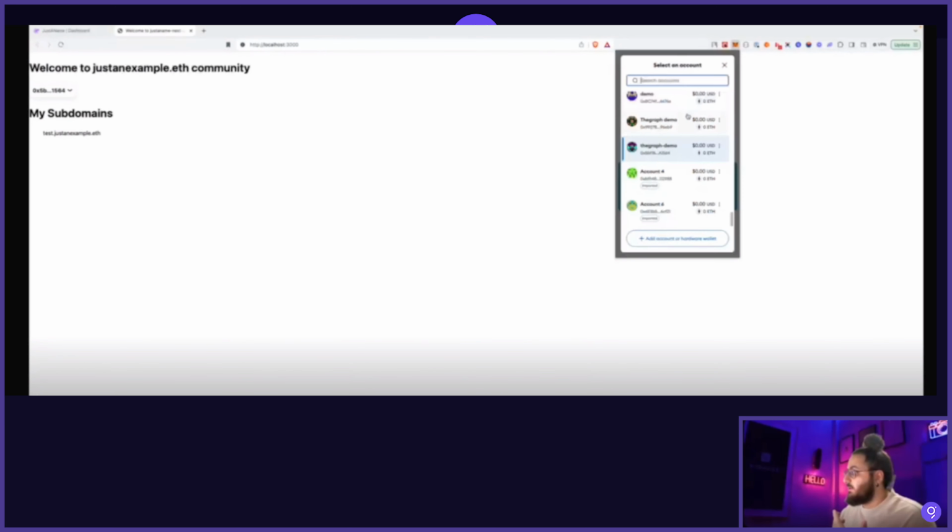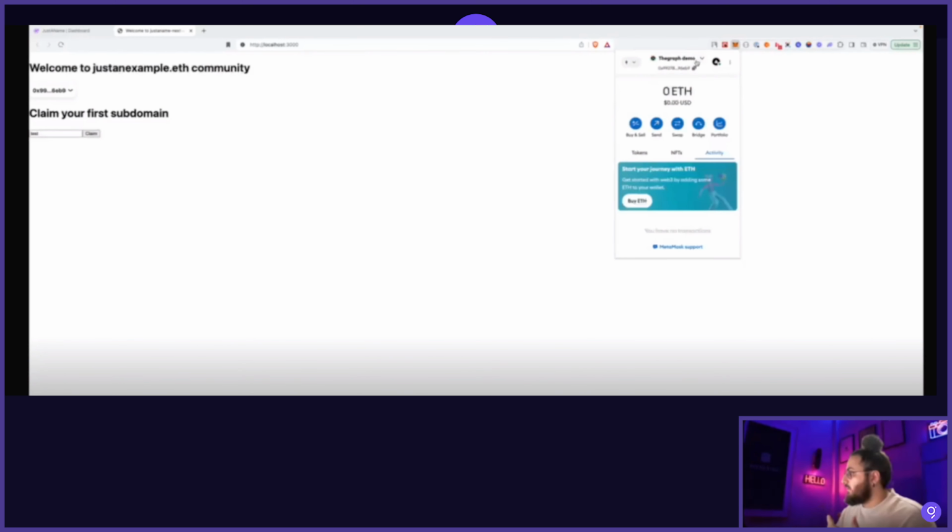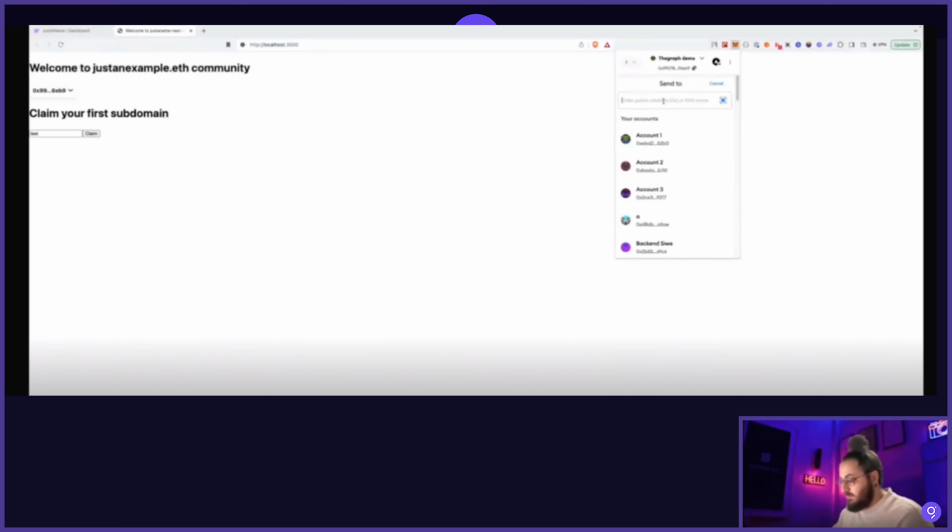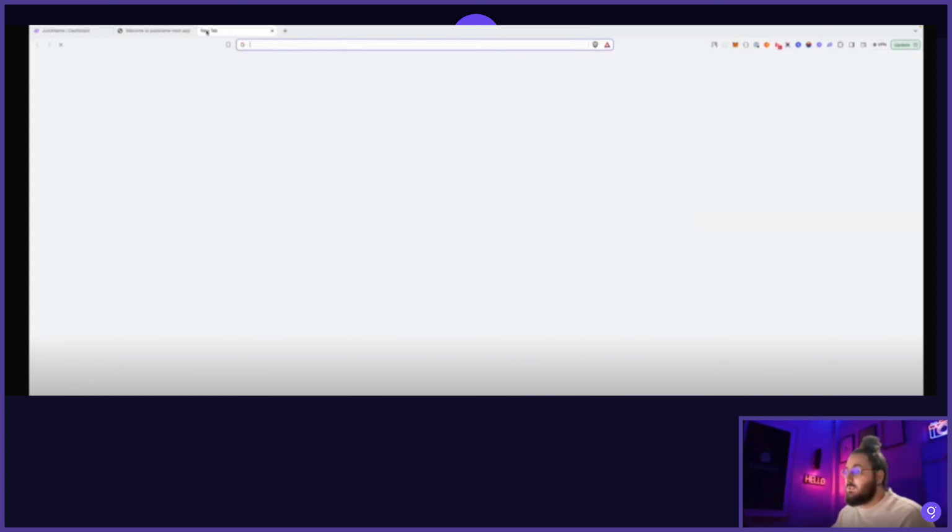So now I can go to another account. Like, for example, accounts here. We have a table. I'm going to test it to see if it works. Just an example. Let's see. It's going to reserve the name for the other address. So basically, as you can see here, it was a simple claim page. So you only need the text field for the user to be able to enter the username and the claim button. So then we can also see